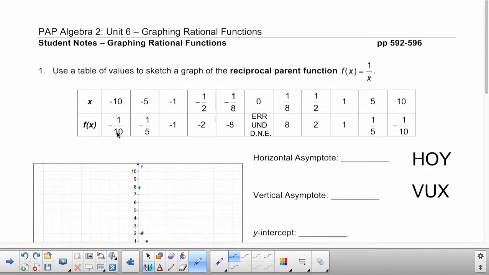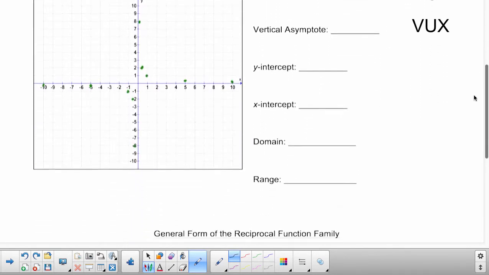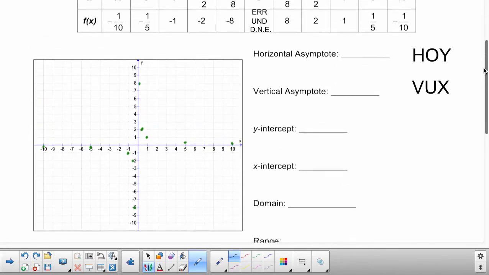Now, go ahead and fill out your table. And when you're ready to move on, the next step is to plot our points. Too far. There we go. Okay. Now, before we connect the dots, I want to get a little bit more information about what our graph